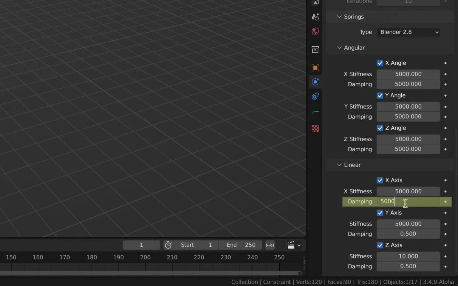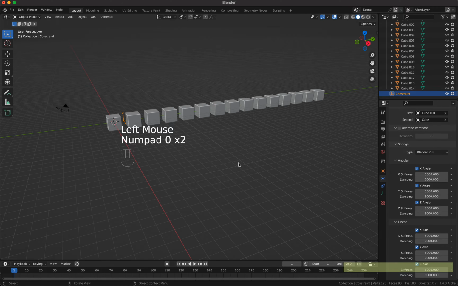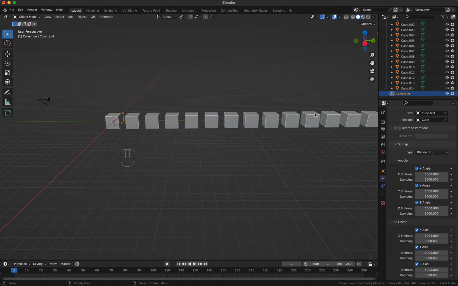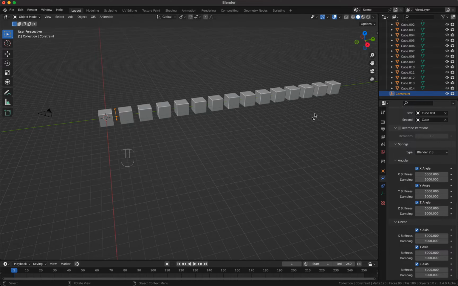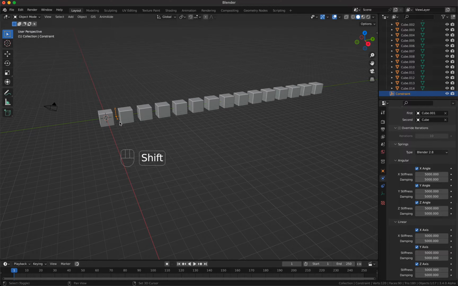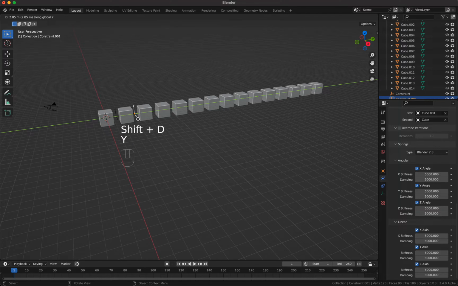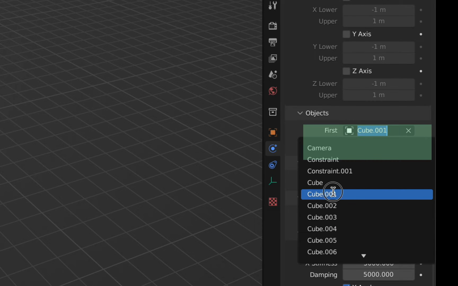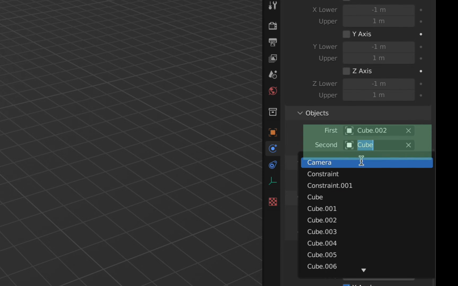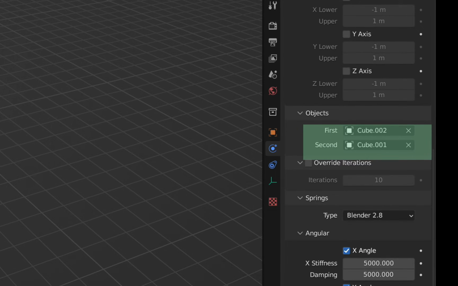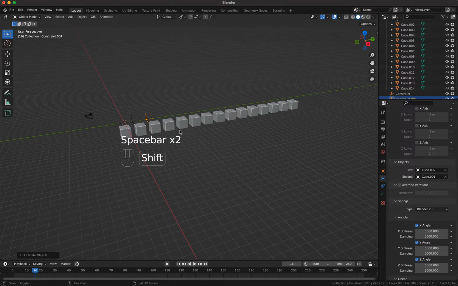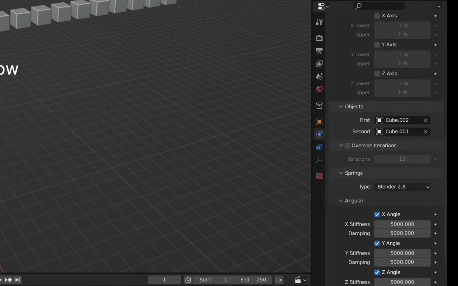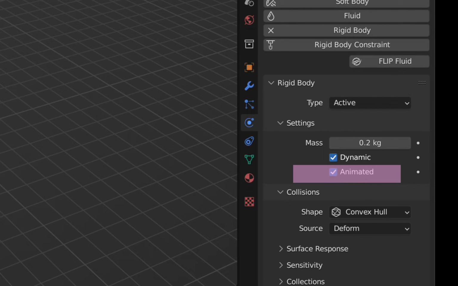we would have, if we want to do this for the whole snake, because I want to make a snake of cubes as you saw in the beginning animation, we have to repeat this process for all these cubes, which is kind of tedious. Because, of course, you can copy this, Shift D, Y, and then eyeball this in the middle, but you still have here to change this to cube 2 and this to cube 1, and then repeat this for all these cubes. And then you get something like, yes,